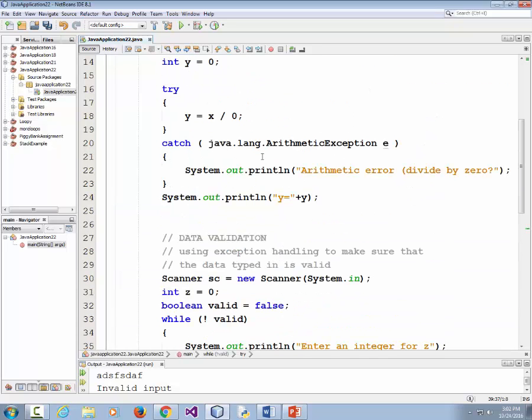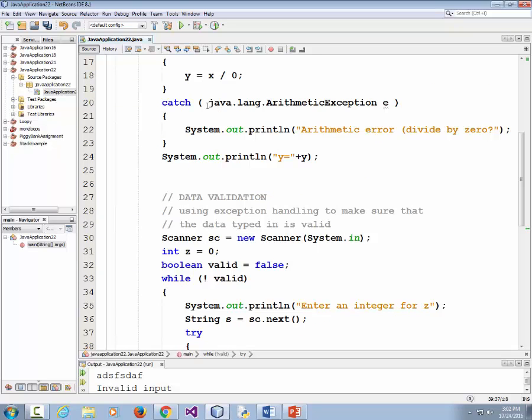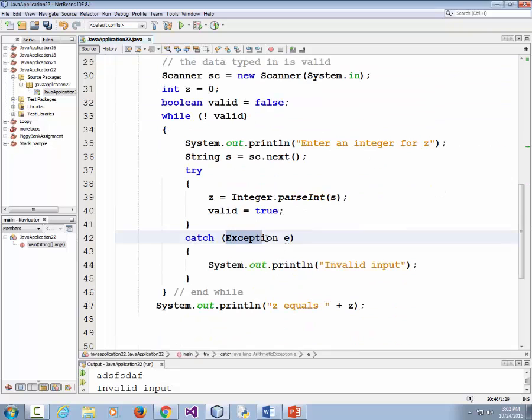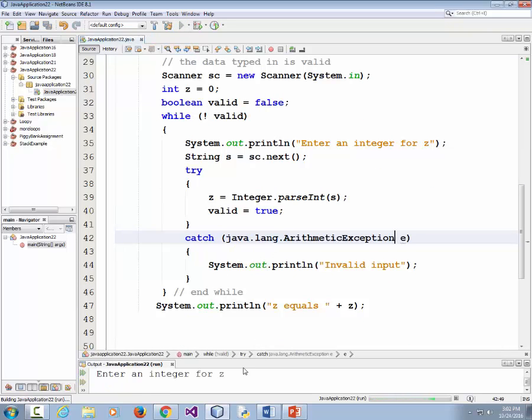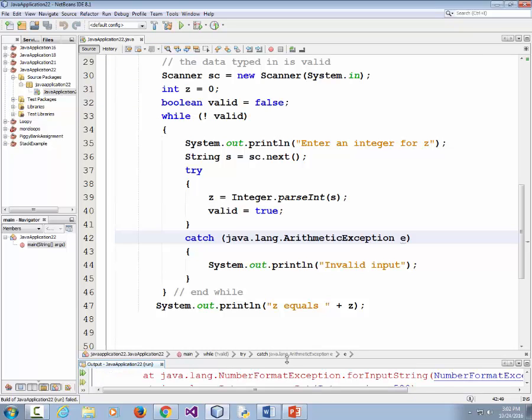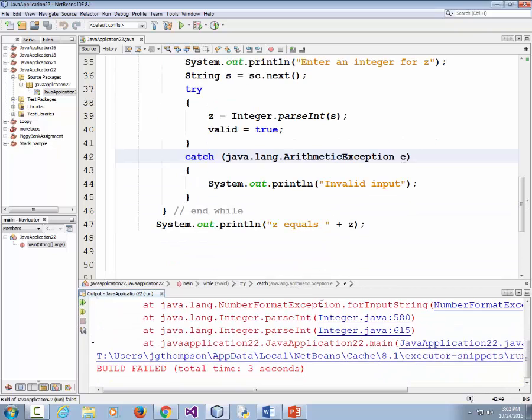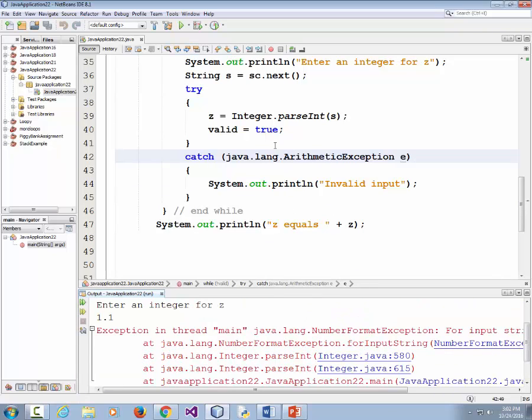The way I'm going to do that is I'm going to catch the wrong exception. You don't need to do this if you're following along, but I'm going to do this to get the wrong exception caught here. And then when I do it, I'll get back to seeing my error. So since I caught the wrong exception, it still failed. It was no longer being caught. And here's the correct exception,